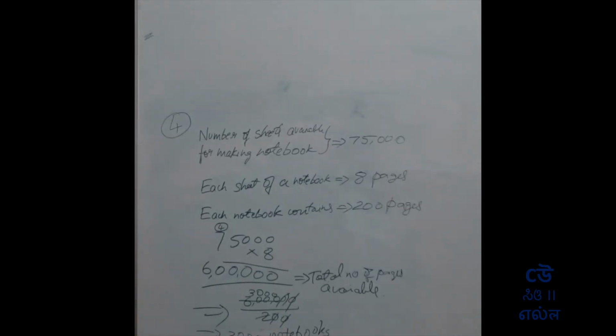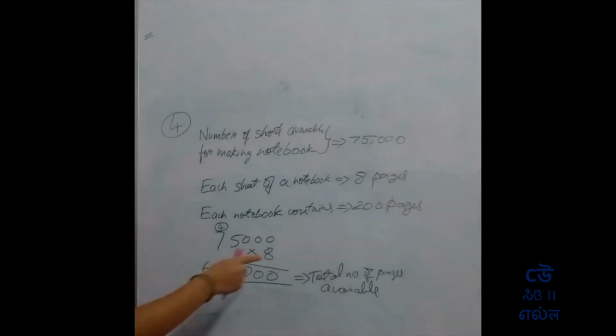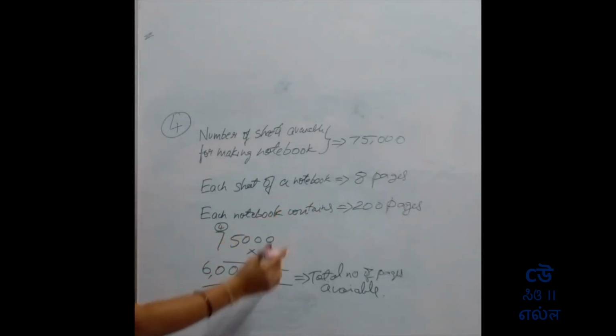Then, for each notebook, how many pages should be contained, if you divide these two, you will get the number of notebooks. Each notebook contains 200 pages. The total number of pages available is 6 lakh pages. So if you divide these two,